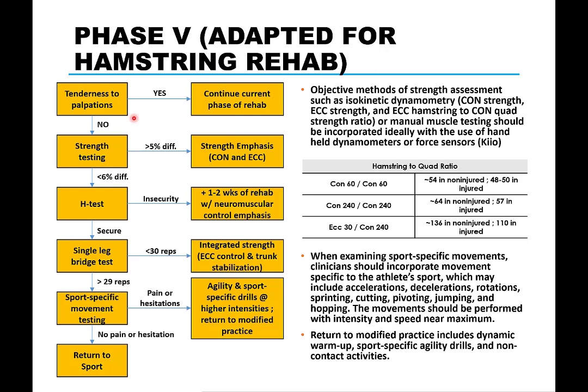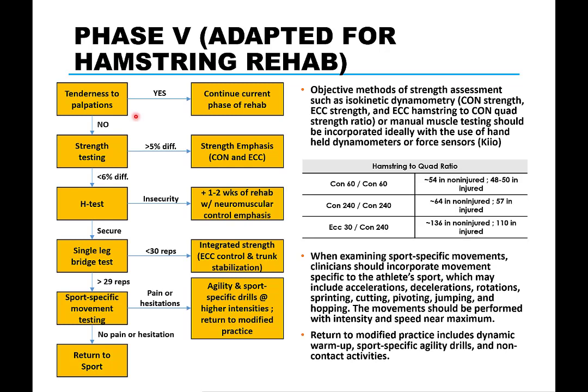So here we have an example breakdown of the assessments a clinician would perform towards the end of phase 4 as the athlete has recuperated strength and overall performance. Now this particular breakdown is specific to a unilateral hamstring strain situation. Now these assessments are as objective as possible, but there are also subjective elements as well. The more technology for quantitative assessment there are available, the more objective these assessments can be. But of course, not every clinician has access to these technologies.